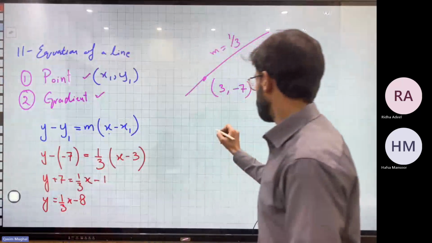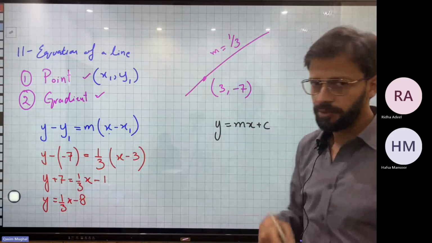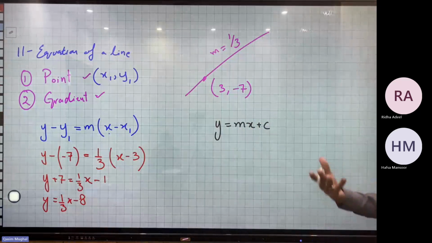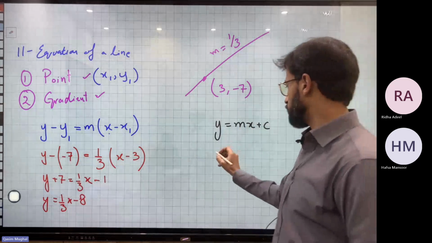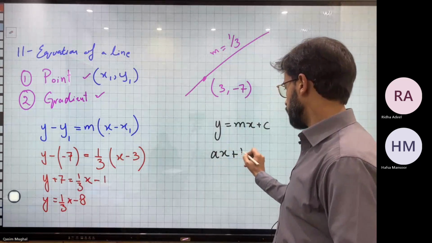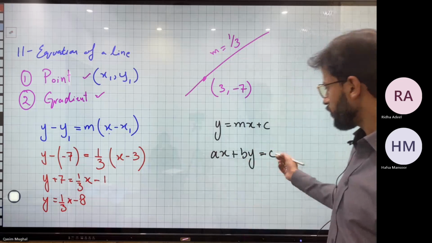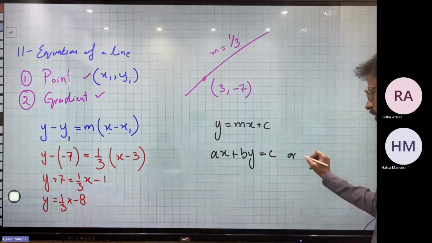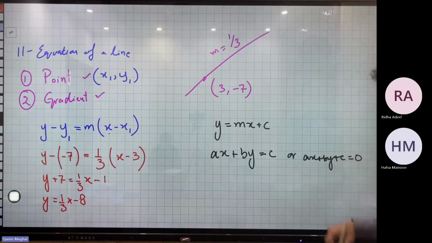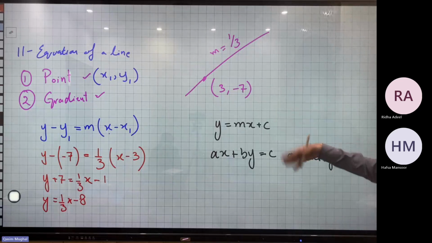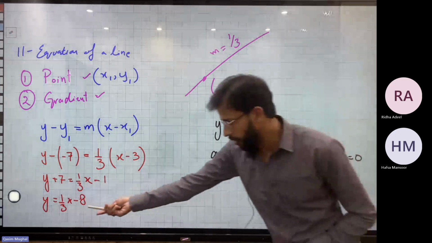ये तो मैंने आपको स्टैंडर्ड फॉर्म लिखवाया है, y is equals to mx plus c। ये आप IGCSE में स्टैंडर्ड फॉर्म ऑफ लीनियर इक्वेशन, स्ट्रेट लाइन की, पढ़ते आए हैं। अच्छा, एक और फॉर्मेट होता है ax plus by equals to c। इसको कभी कभी एग्जामिनर यूं कर देता है ax plus by plus c equals to 0। अब इन दोनों में फर्क क्या है? इसमें y is the subject of the equation, जैसे कि मैंने यहाँ पे लिखा है।